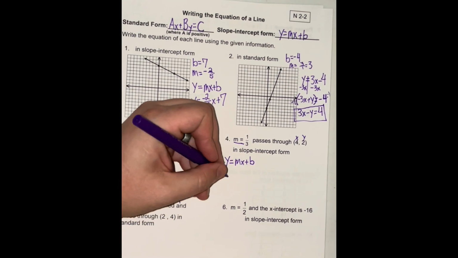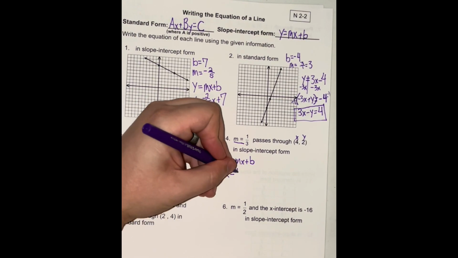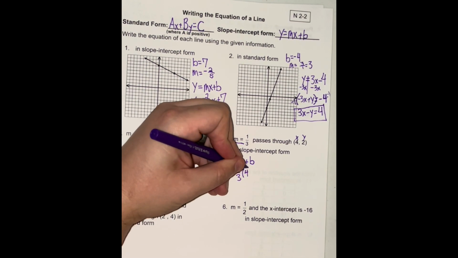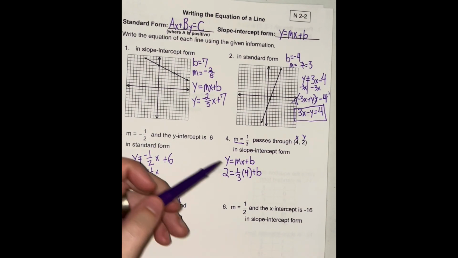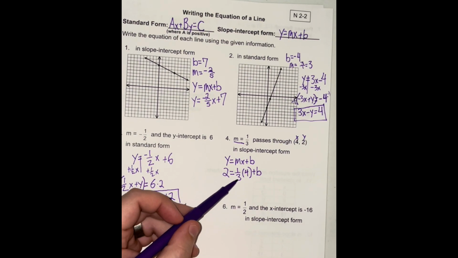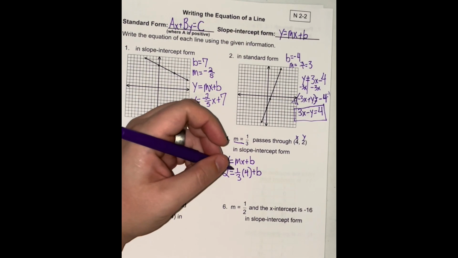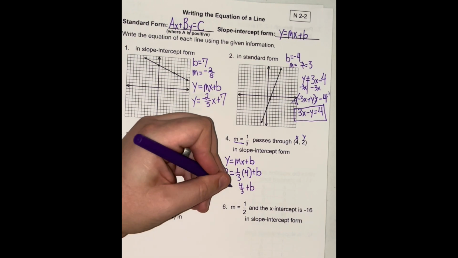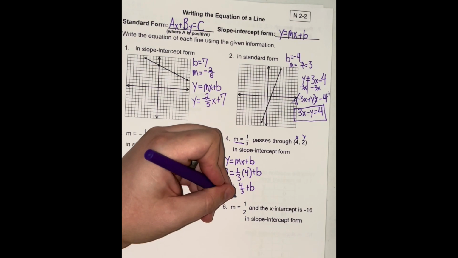So my y value was 2 equals 1/3 times 4 plus b. So I've got that. Now I need to multiply this and move it to the other side. So if I multiply that, I get 4/3 plus b equals 2. And if I subtract 4/3 from both sides,